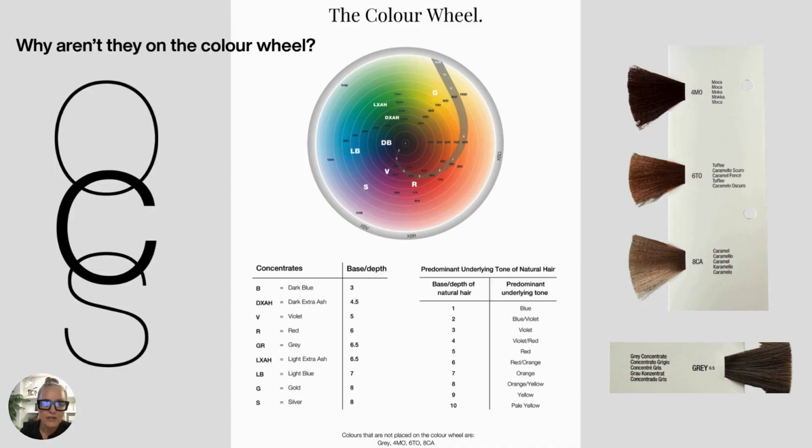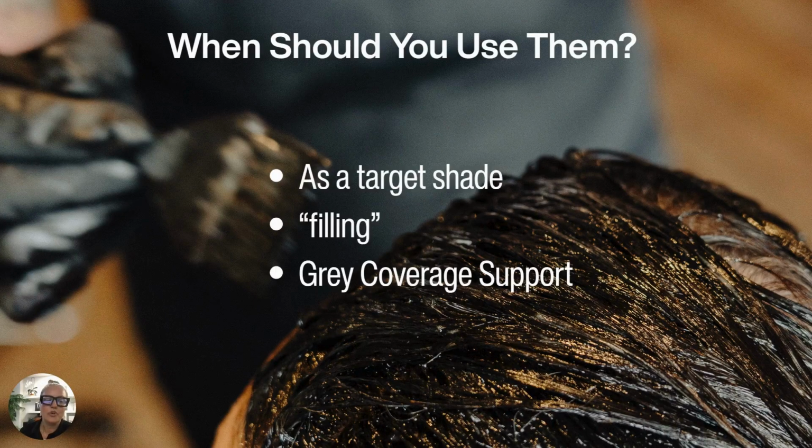But in theory, you need to travel through all of those underlying pigments to get to your blonde end result. It's the same when you're working with gray, but in the opposite direction. So you need to have all of the colors above your target level in order for that color to have full